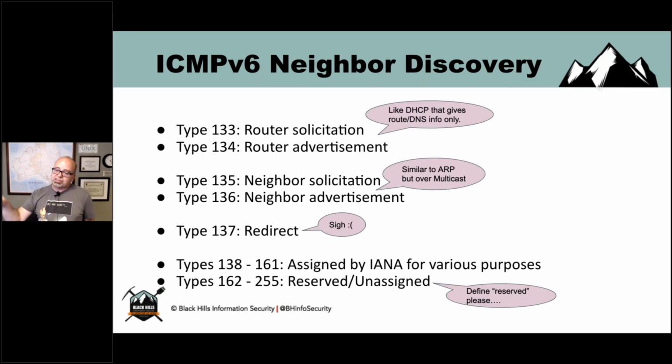This is where it gets interesting: neighbor discovery. Remember I said that address resolution protocol is gone and broadcast is gone. We still have to have a way to map the Ethernet address to the IPv6 address, and so the question becomes, what is the way to do that? Not only that, we still have to have a way to tell the endpoints in our subnetworks what their route